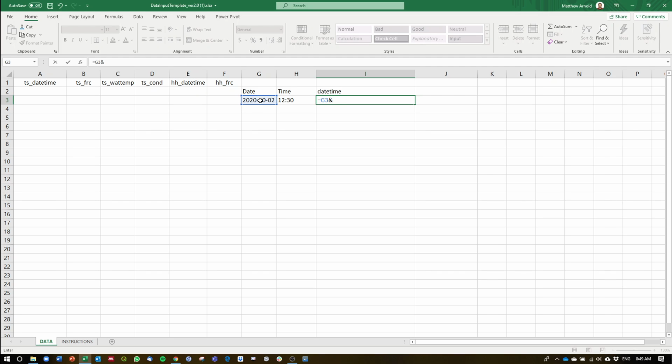And then we go and uppercase T and the contents of the time column. And that should also have maintained the general format. That then, of course, can be copied and pasted